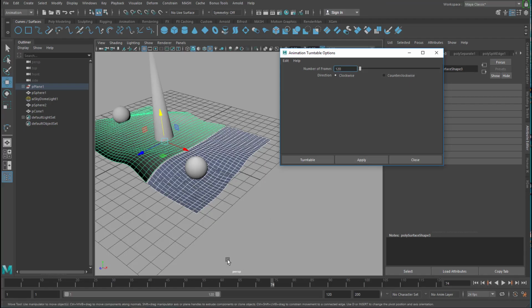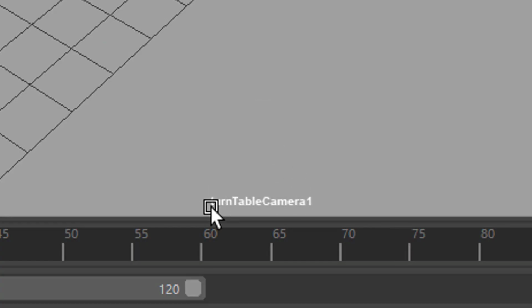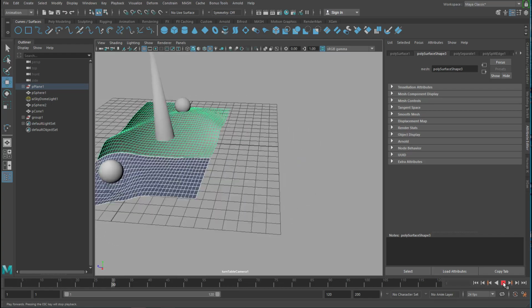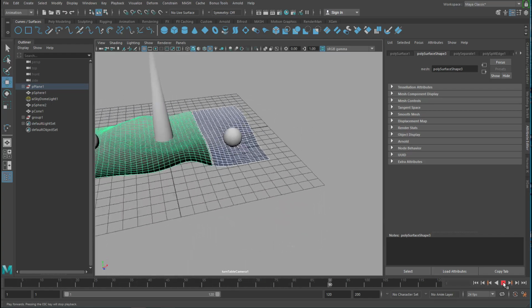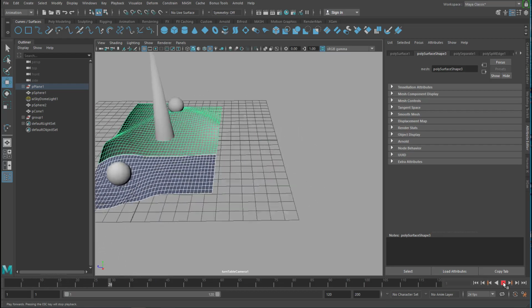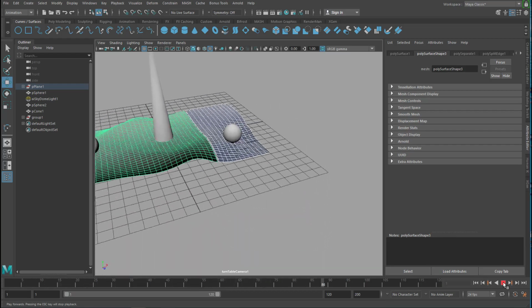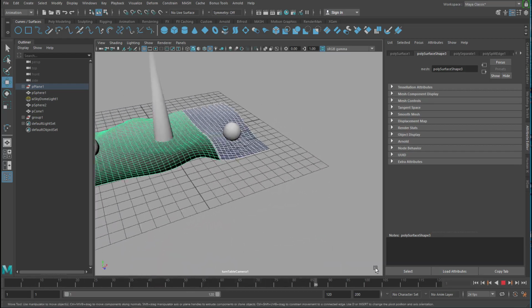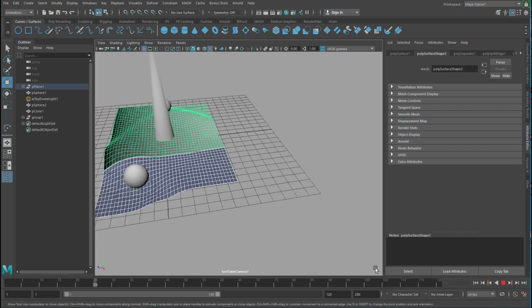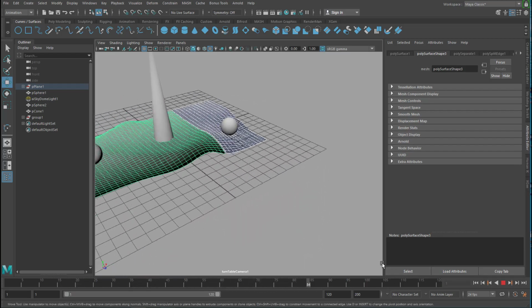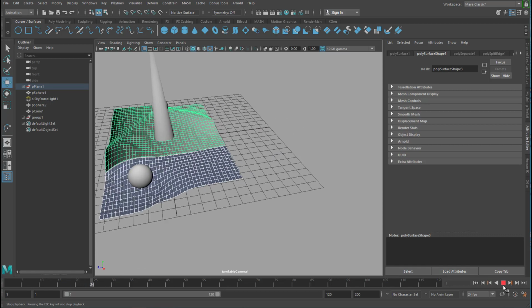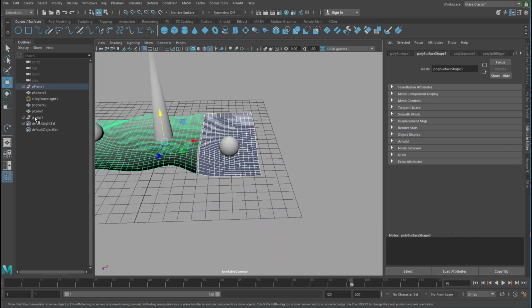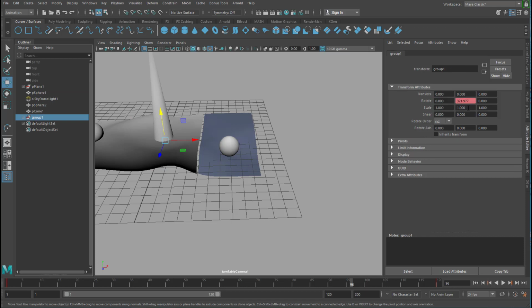When you apply this, the perspective changes to the turntable camera, and now we just need to run the animation, and you see that the turntable makes the camera turn in a circular way around the center of both selected objects. It doesn't move them to the center of the scene, it just lets them sit there and does nice things with them. The animation fades in and out, and if you select the group here, which carries the rotation